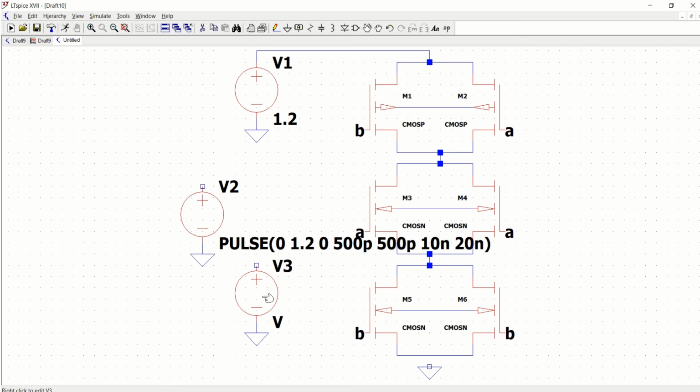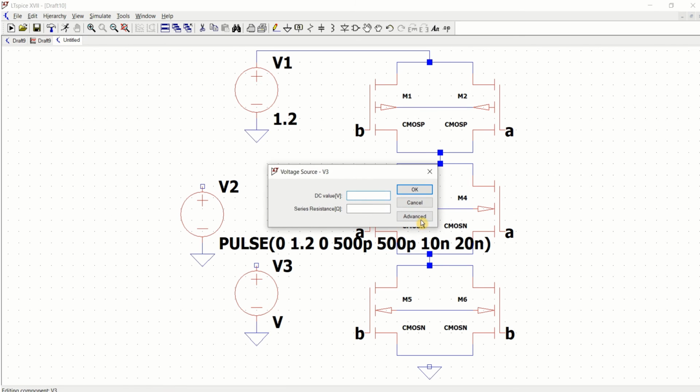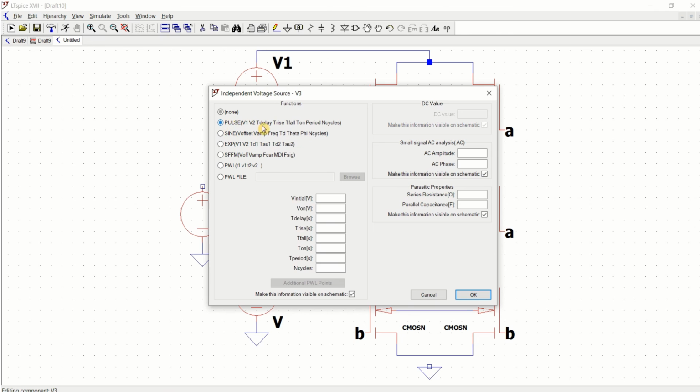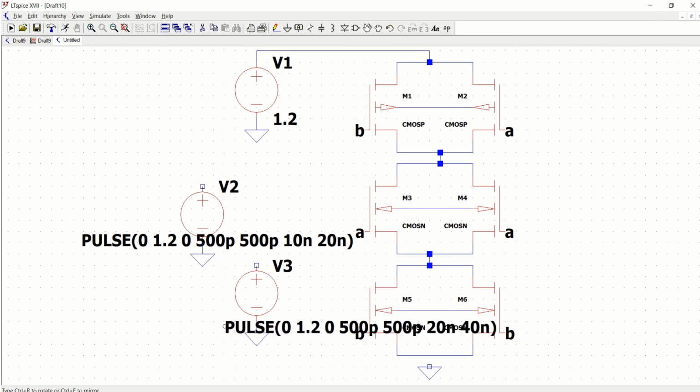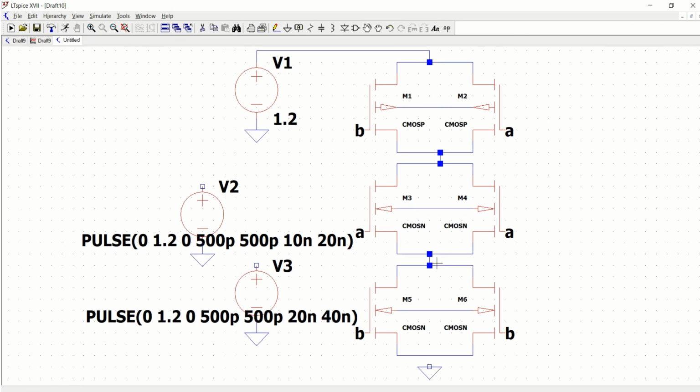Similarly, you define the pulse for this. Select the pulse source, 0, 1.2, 0 delay, 500 picoseconds, 20 nano and 40 nano. Click OK. Now you have defined the two pulse sources, this one and this.